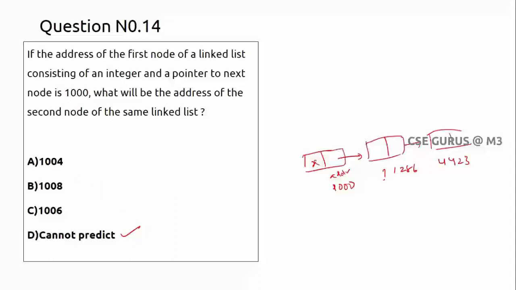So that is about the concept of linked list, where the values are of course sequential, right? So if we ask what is the next value of this, it has to go to the address. So what is the address? It will be stored here, 1286, right? The next here the address will be 4423. So like this, that's why we call it as the values logically sequential but not physical. Logically they are sequential, the values in a linked list, but not physical. Physically they are different memory locations which are not in sequence. Option D is the correct answer.